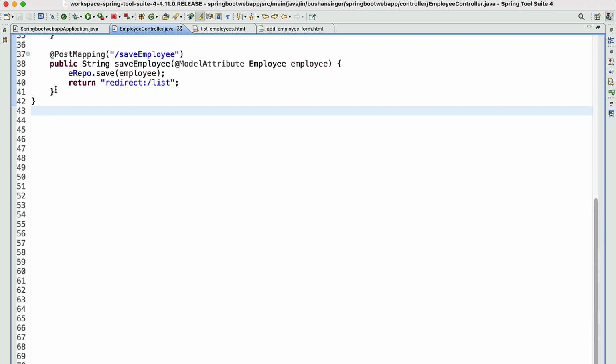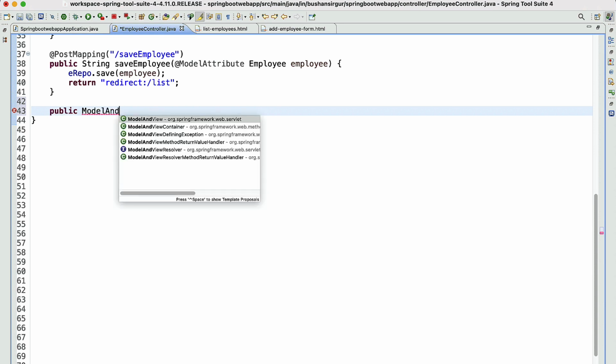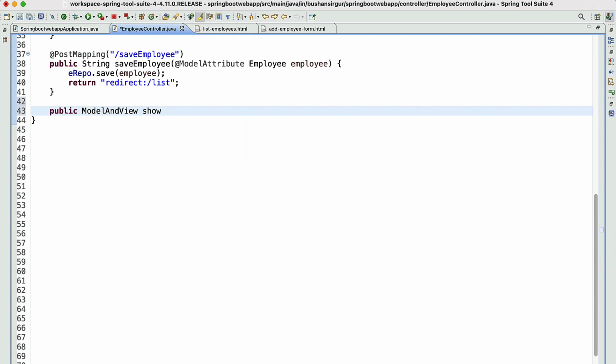Let's navigate to the STS IDE. Let's create a new handler method, public. This is going to return ModelAndView, showUpdateForm, this is a GetMapping /showUpdateForm.